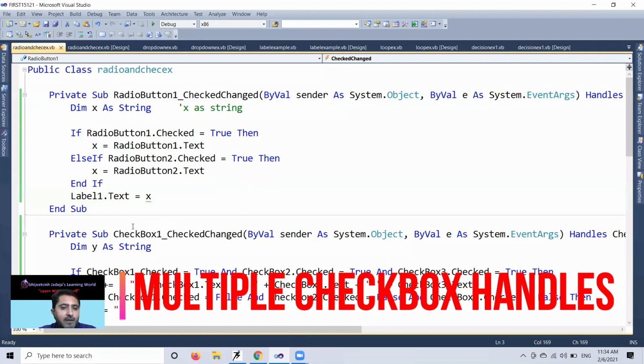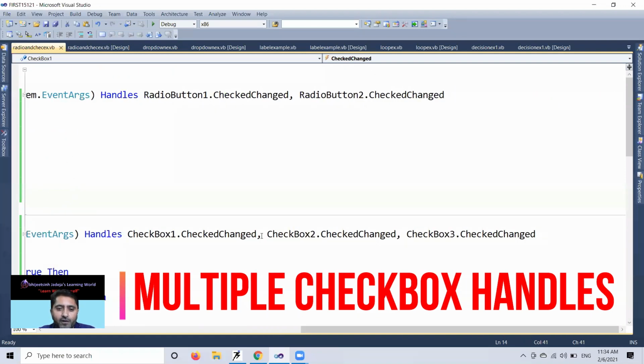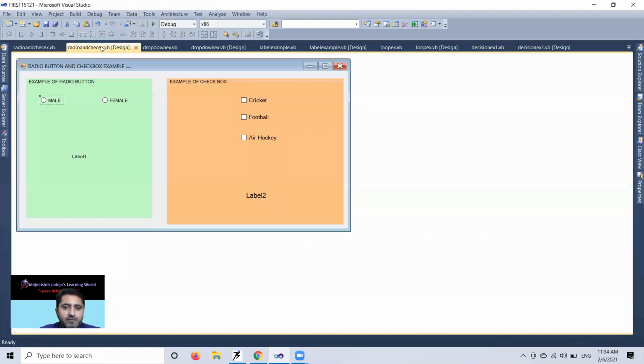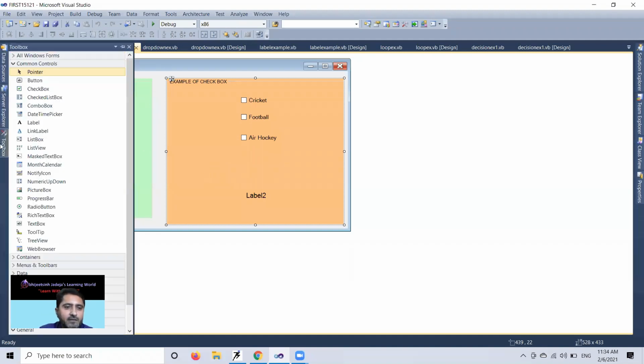Actually, the event was only one, checkbox 1 underscore check change, but I provide reference of checkbox 2 check change and checkbox 3 check change. To understand checkbox, let me first understand very simply, then after we will go for the next one.